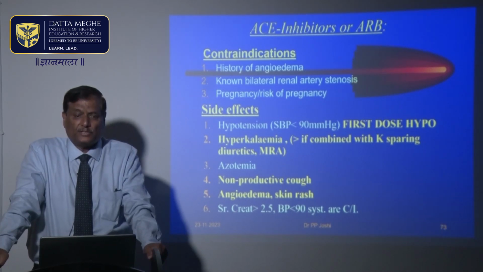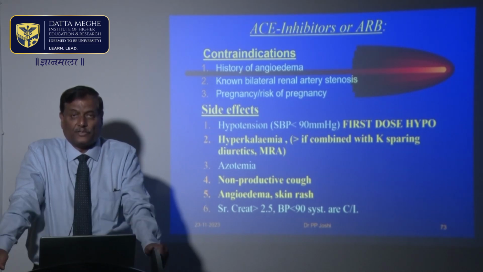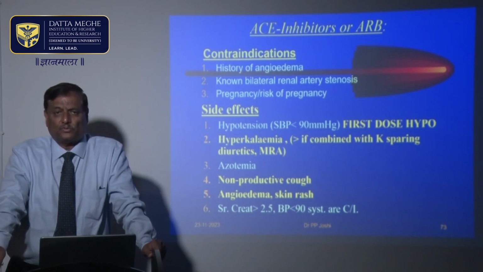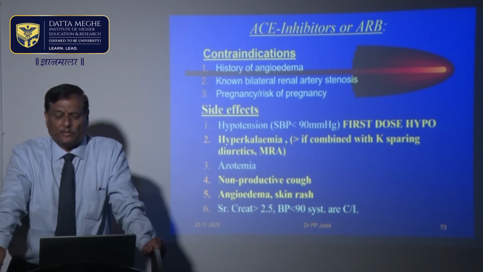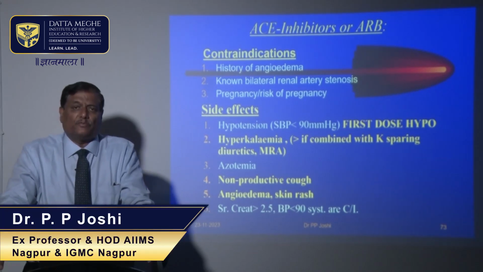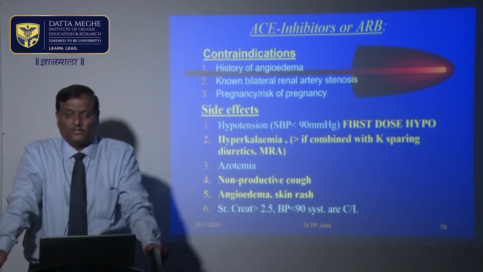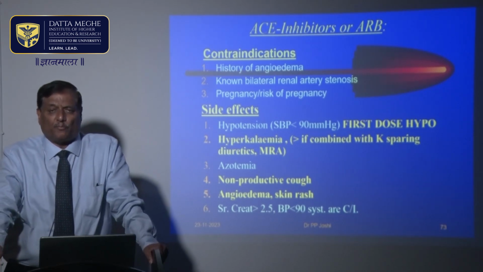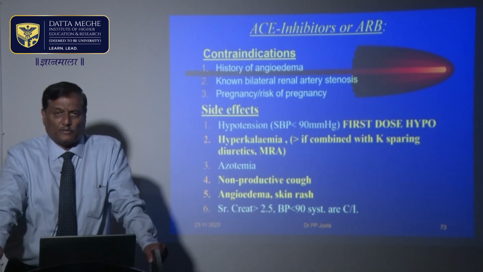The side effects of angiotensin converting enzyme inhibitors include hypotension, that is, systolic blood pressure less than 90 can occur. This is particularly more common with the first dose, because in patients who have hypertension, who have already been given diuretics, and are volume contracted, their blood pressure is maintained or increased because of activation of RAS. In that situation, even with a small first dose of ACE inhibitors, the blood pressure may drop precipitously, and therefore one should look for this first dose phenomenon in patients who are volume contracted.